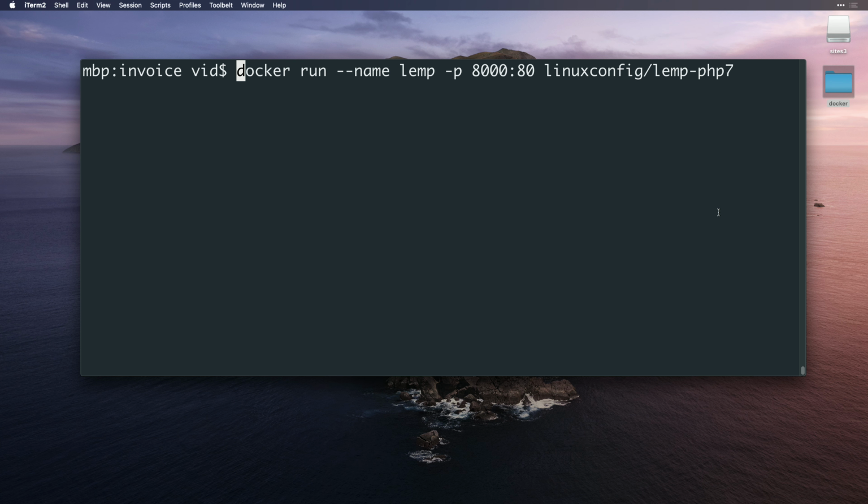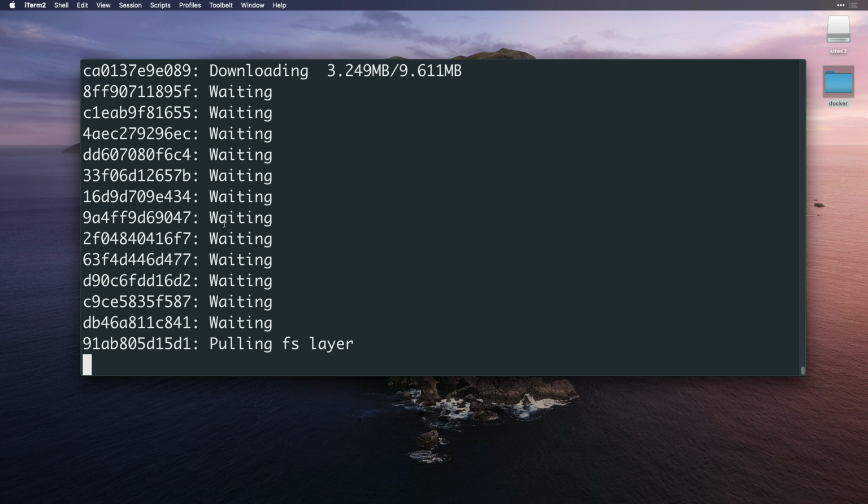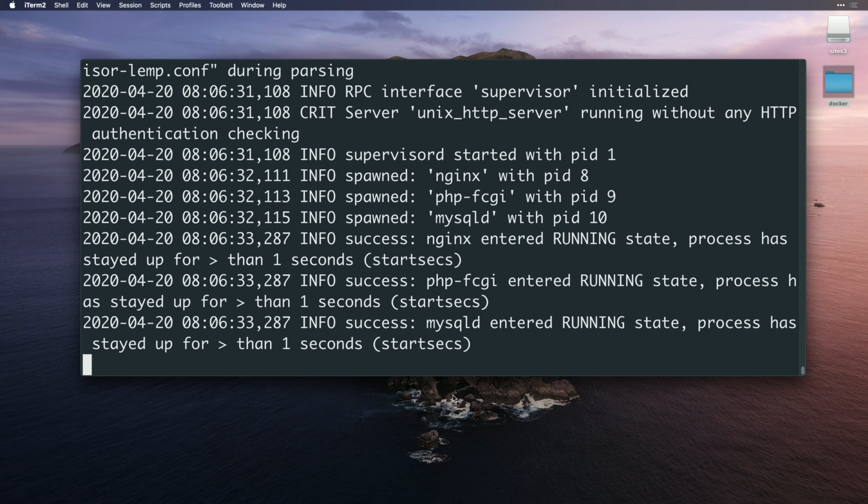And if we execute that command, we get the message that it's not able to find the container locally, so it's pulling it from our registry, Docker Hub. Okay, we've finished pulling the container and it's currently up and running. As you can see from the output, after the container started, Supervisor spawned Nginx, PHP, and a MySQL process,